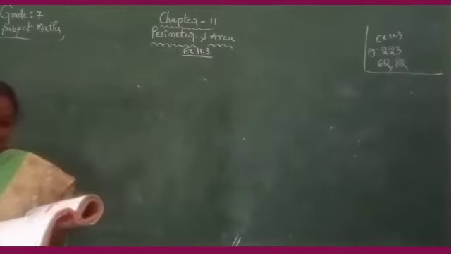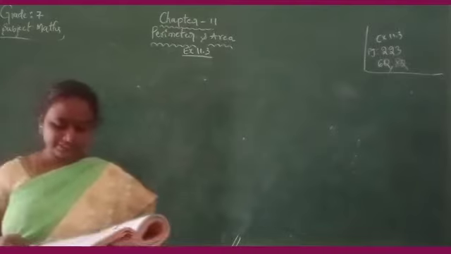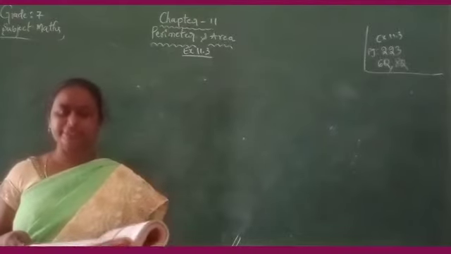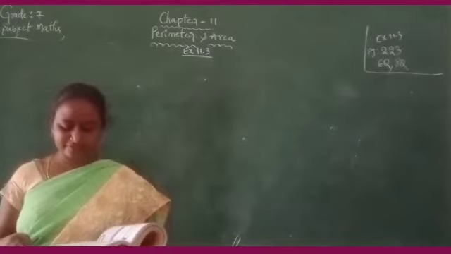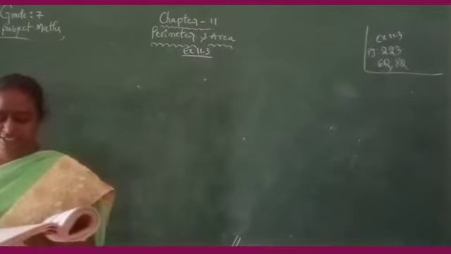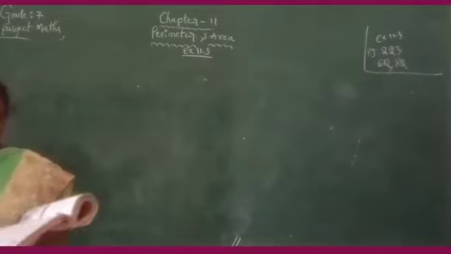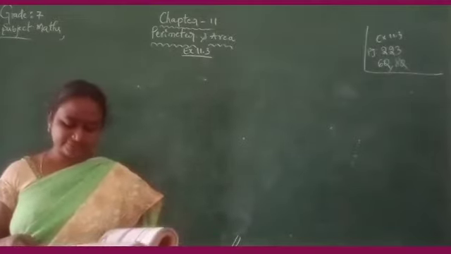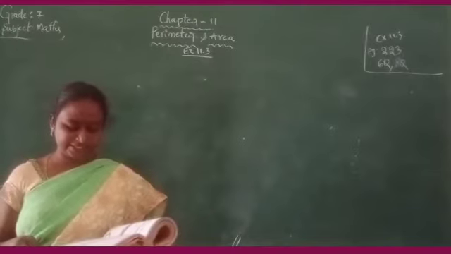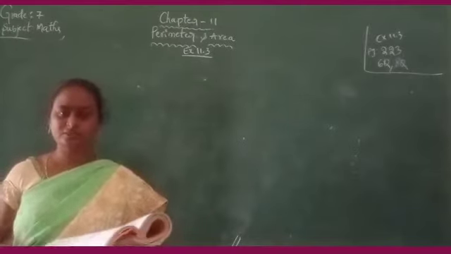Sajali took a wire of length 44 centimeters and bent it into the shape of a circle. Find the radius of that circle and find its area. If the same wire is bent into the shape of a square, what will be the length of each of its sides? Which figure encloses more area, the circle or the square?